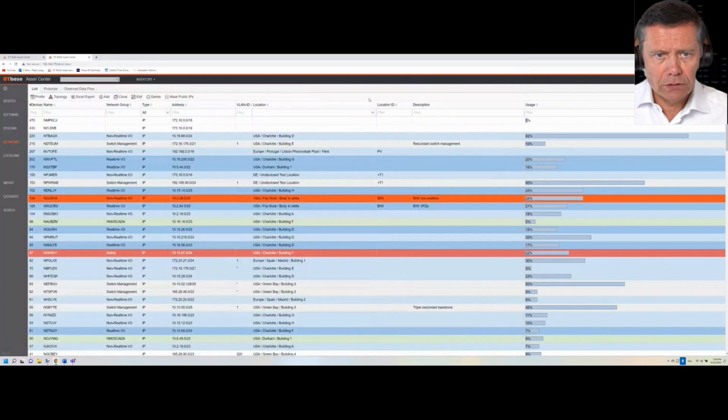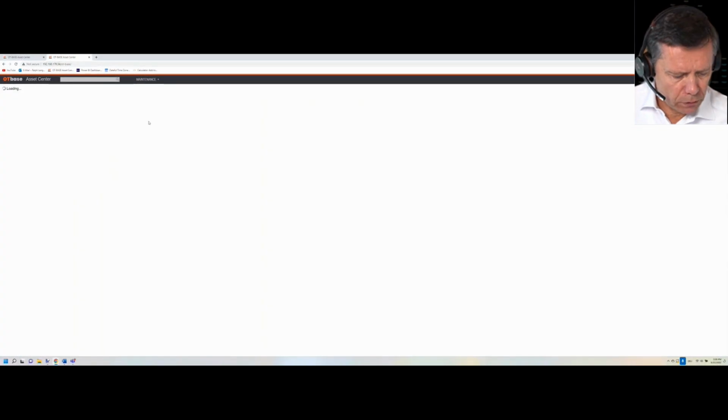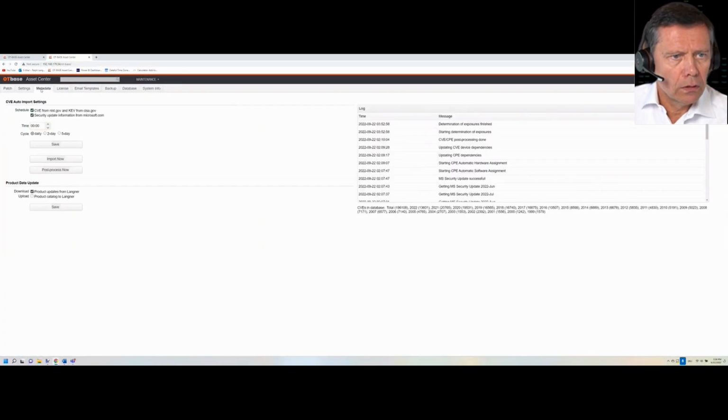Okay, next new area enhancement in the maintenance section. This used to be the CVE tab, and we have relabeled that to metadata because now there is a little bit more other than CVE updates. So this hasn't changed in respect to the CVEs, but we have added this new area down here, which is the product data update. And product data means things like catalog data from the vendors, so that you would see, okay, that